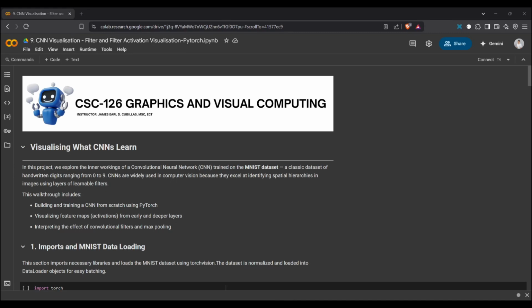Good day. In this project, we explore the inner workings of a convolutional neural network, which is trained on the MNIST dataset. As you already know, MNIST is a classic dataset of handwritten digits, ranging from 0 to 9.